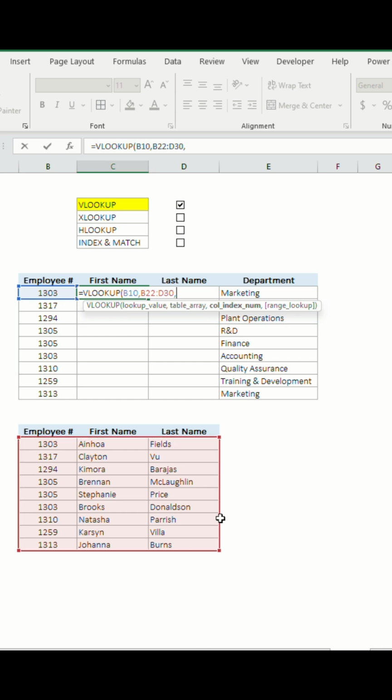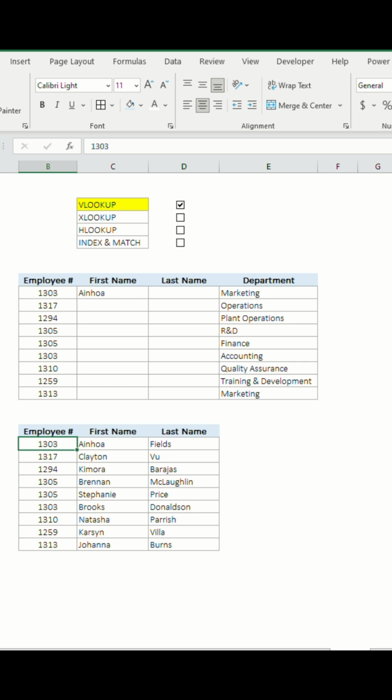Third, specify the column index number. This is the number of the column in the table from which to retrieve the value. VLOOKUP will only search the first column of the table range you specify, and it will always search from top to bottom. If you need to search horizontally or from right to left, consider using